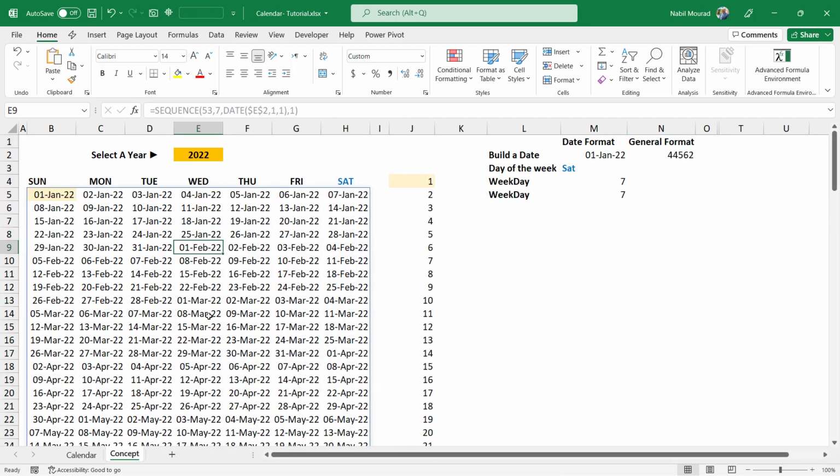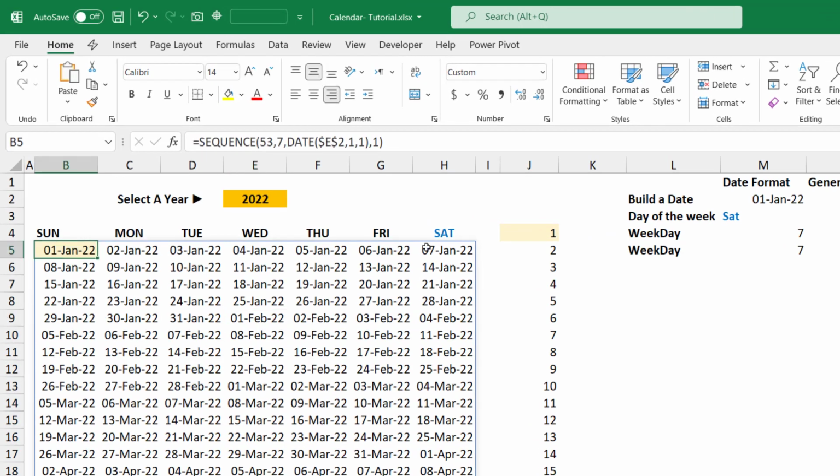I was able to build the calendar, but I have a problem. The 1st of January 2022, according to the text function and the weekday function, should be day number 7 and should start on Saturday. And because I created my sequence function in the first cell of the calendar under Sunday, it starts counting from the first day of the year. I would like to push the first day of the year to become a Saturday, or in other terms, I want the number returned in